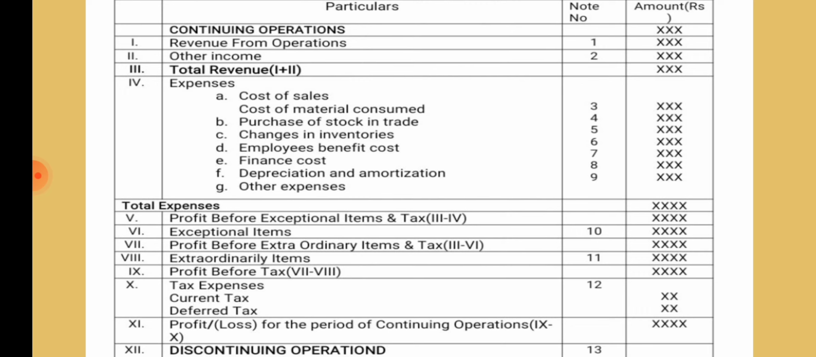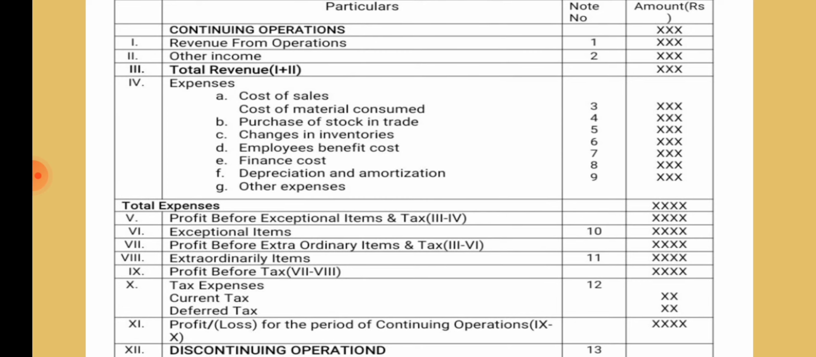Next one, other expenses. So other than these above expenses, if there are any expenses such as rent, office expenses, printing and stationery, repairs of building, repairs of machinery, insurance, any other miscellaneous expenses, so all this will come in other expenses. Then we have to make the total of these expenses, and these total expenses will be deducted from